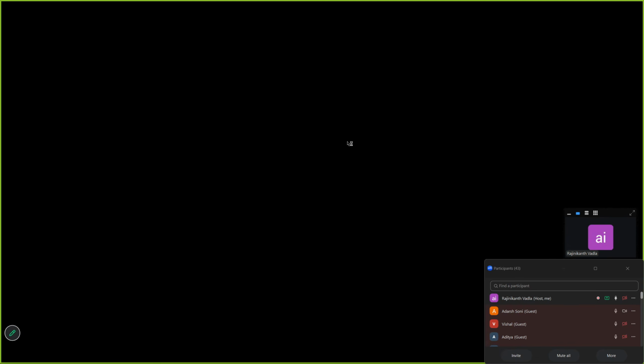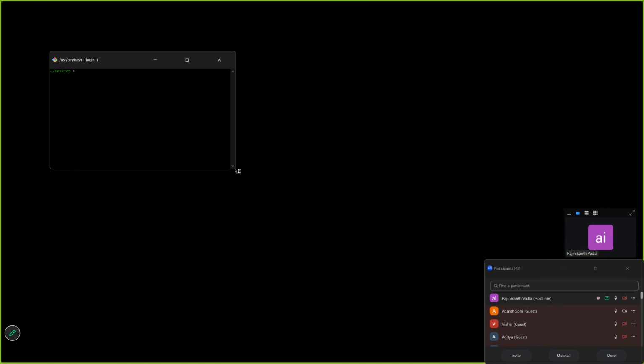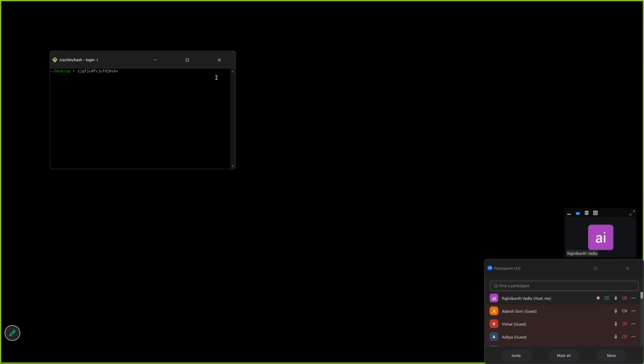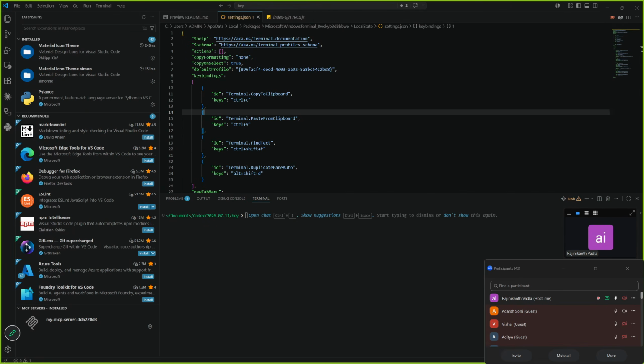When I click on this, it will open a separate window. You will not have multiple tabs, it will be very hard for you, and copy paste will not happen here. You need to always right click to copy and paste. So that is the issue with Git Bash when you want to work. That's why I'm telling you to use it like this with a file. So it will be easy for us.